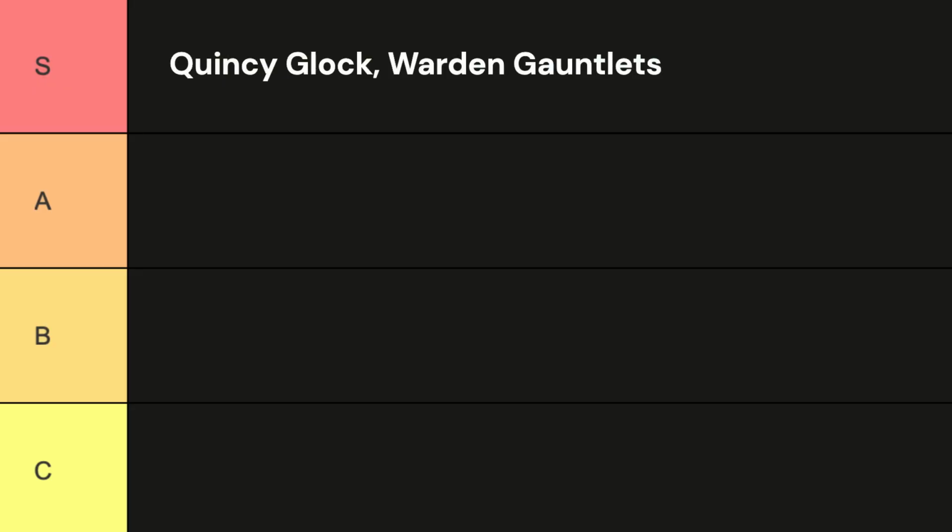Let's start with the absolute best of the best, our S-tier weapons. These are the ones that are frankly a bit broken in the current meta after the Hell update. At the top of our list is the Quincy Glock, which has received a significant buff in the latest patch. Its fire rate combined with the new energy projectile mechanics make it an absolute monster in both close and medium-range combat. The damage output is unmatched, and when paired with the right build, you can delete opponents before they even